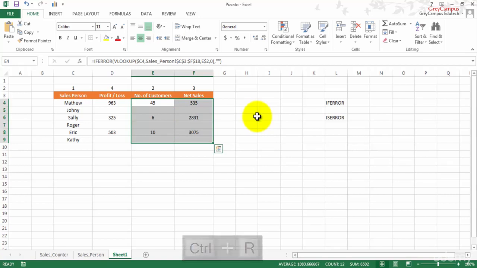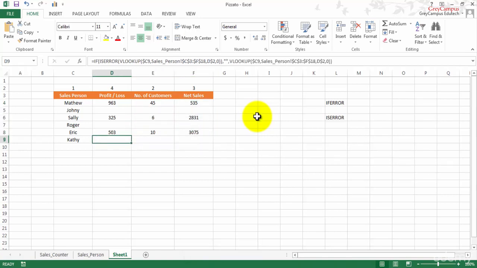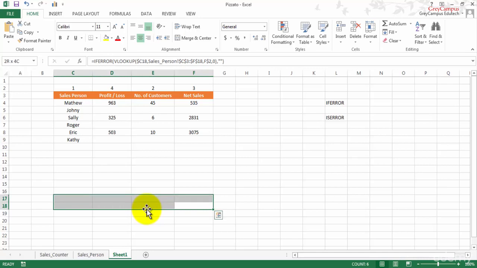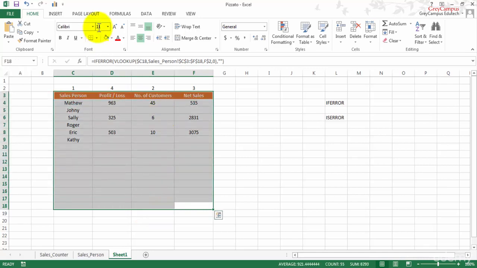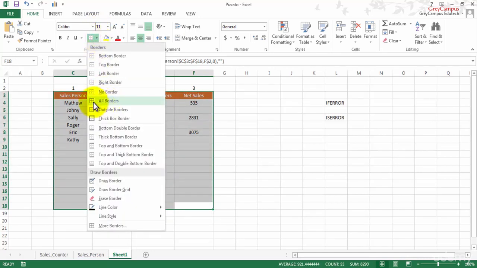Control R copies to the right-hand side. Now I can drag this formula down with Control D. Till this point, it will work as a template.